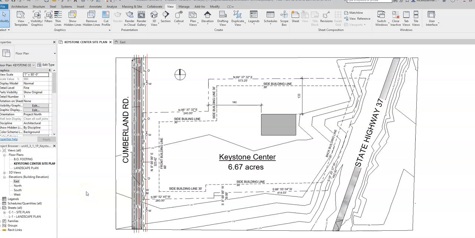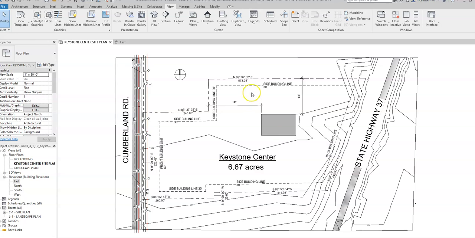This is a video for how to go about linking your Revit Keystone library to the Revit Keystone site plan. So you will see that I have gone in and downloaded the Revit Keystone site plan, and we will place our library on this building pad. In order for us to do that, we're going to have to link a Revit file, which is the library,